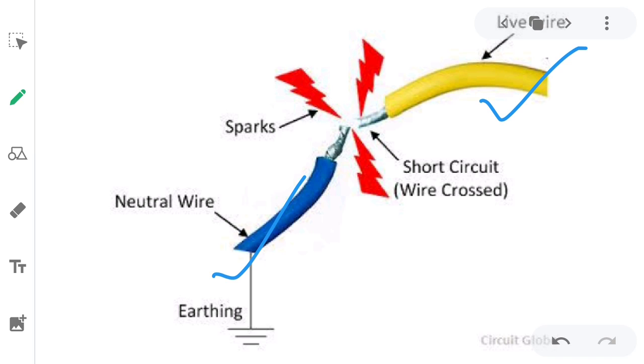If current passes through a wire and it exceeds the maximum value, then the copper wire may get overheated. And if the copper wire gets heated, then two things may happen. First one, short circuit or overloading. An extremely large current can flow in the domestic wire under the circumstances, and those circumstances are called short circuiting or overloading.